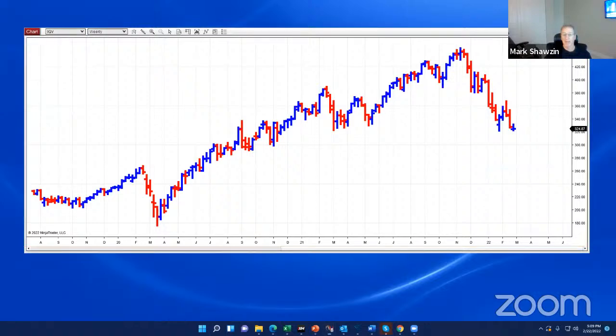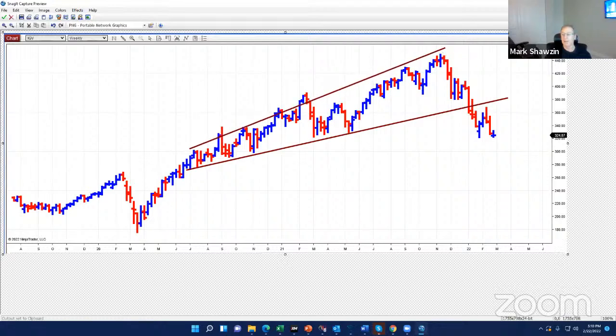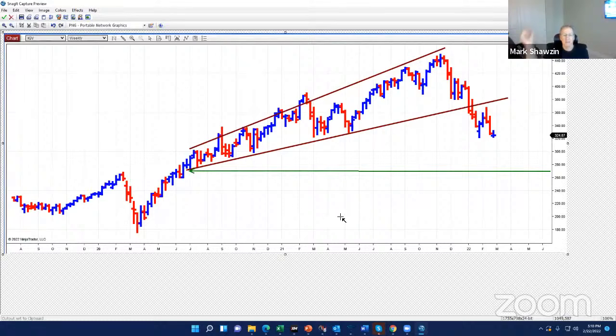I'm looking at a pattern that I talked about yesterday. It's called the ascending broadening price pattern, where if you connect all of the lows and you connect all of the highs, you have this pattern that goes up throughout the pattern. It starts out narrow and then widens or broadens at the top. And once these things break, we kind of know where they're going to end up. Right back here, right back at the beginning. And I'll show you an exact example of that.